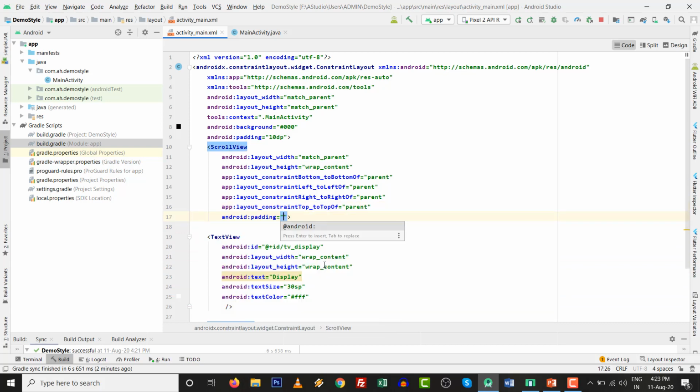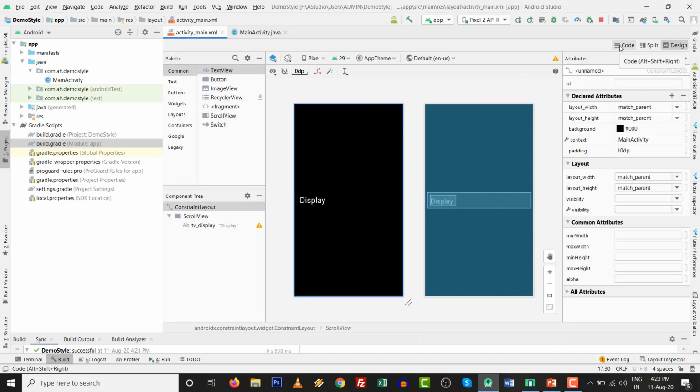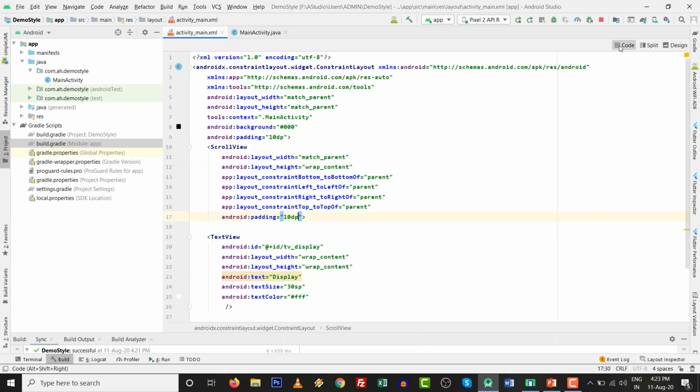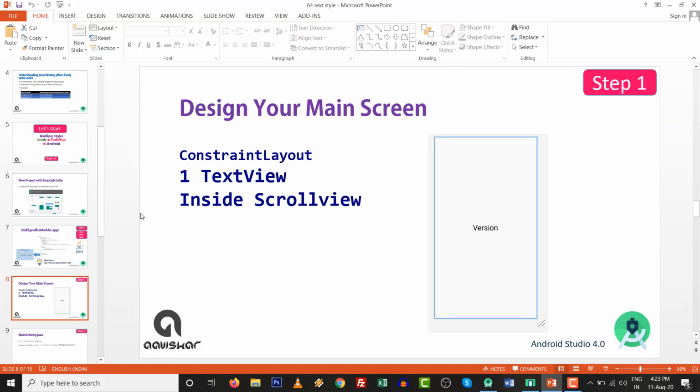I think it's okay with our view. Just one more padding of 10 dp over here. I am checking what happened to this view. All the things are right and correct as per our desire. You can also set certain other things, likewise values or whatever you want to set, but up to now it is okay. So step number 1 is over.